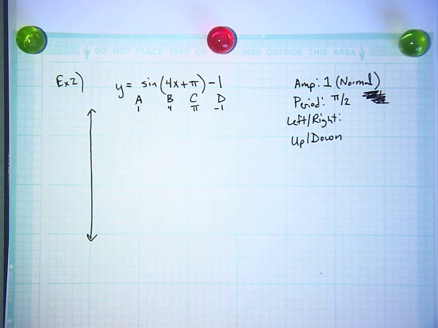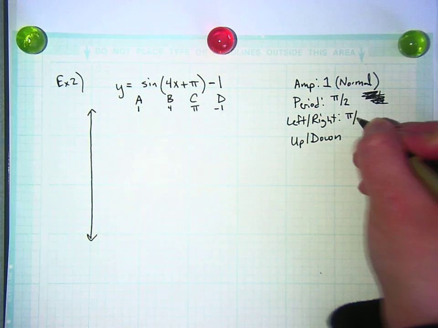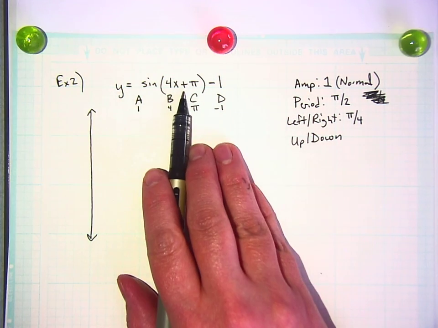Left and right. What do we do to figure out left and right? Look back at your notes. C divided by B. Pi divided by 4. So it's going to move. And is it going to go left or right? It's opposite, right? And this is